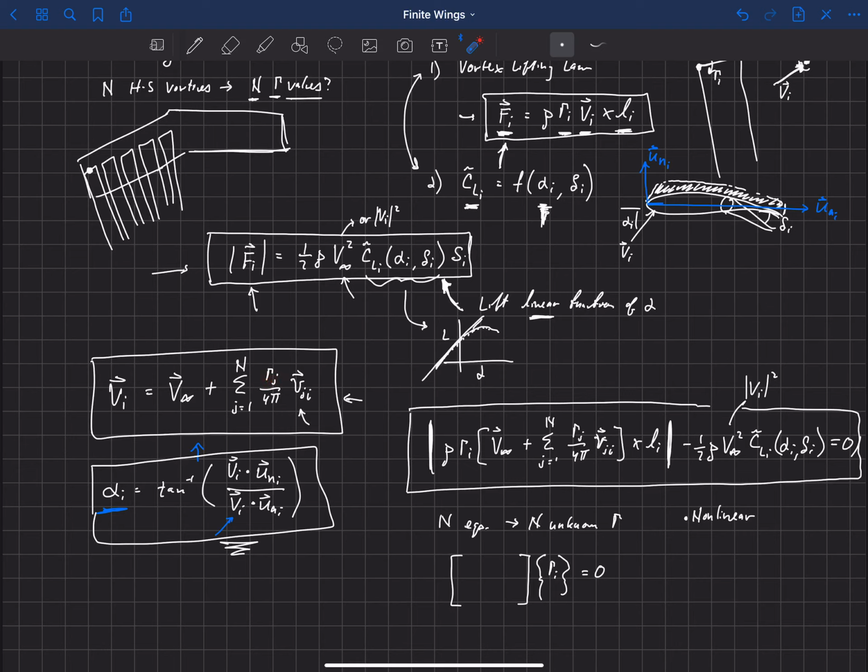And so this is going to be an iterative process where we're going to solve for a set of gamma values. Then we're going to plug those back in to v sub I. We're going to recompute alpha I, plug that in here, and then solve for a new set of gamma values. And anyway, we're going to have to iterate through this. There's a few different ways to do that. The way that Phillips and Snyder suggest is by using a Newton's method, which actually converges quite rapidly. So I'm just going to put that here, and you can look up their method.